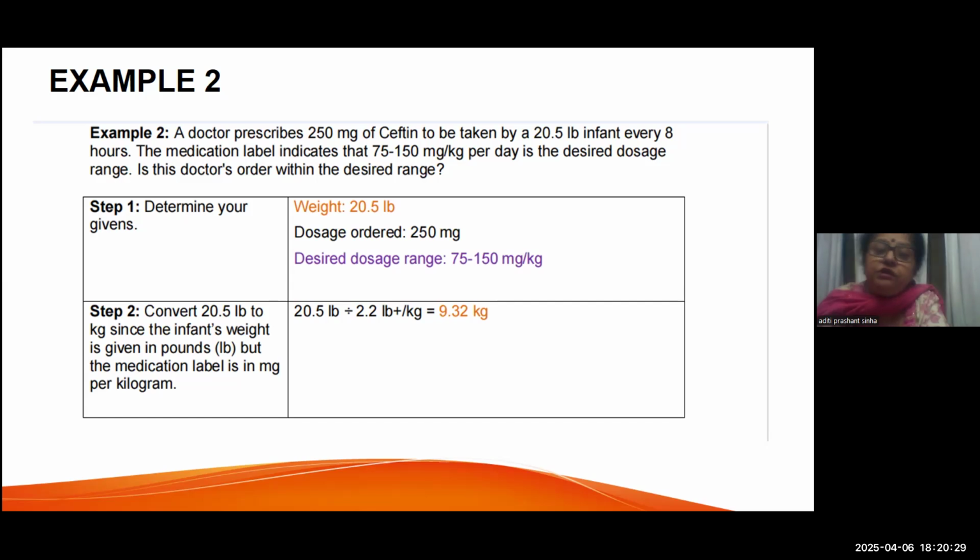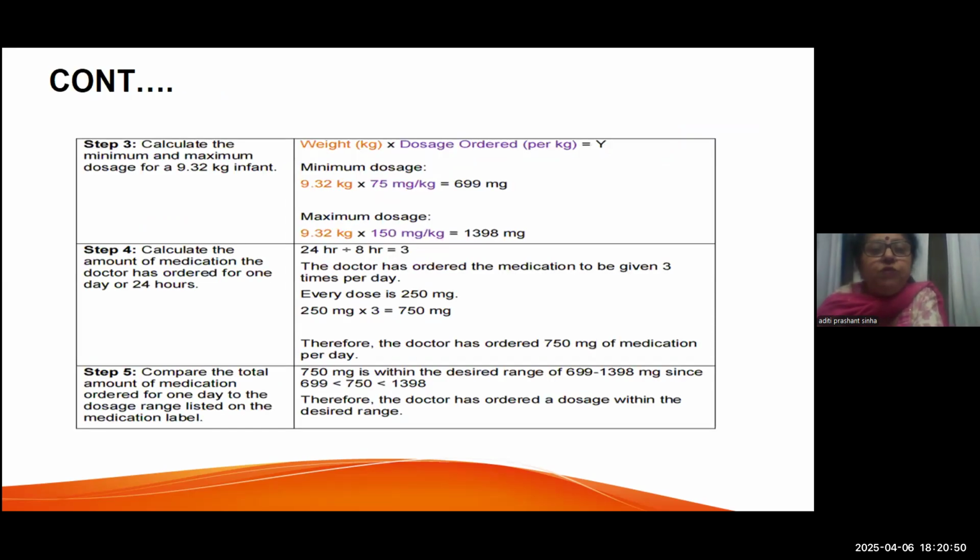Now, how do you get it if the child's weight is 9 kg? So here you have converted this 20.5 pounds to kg, which is divided by 2.2, and you get 9.32 kg as the weight of the baby. Now, if you have a baby who is 9.32 kg, what I am going to do again, you have to multiply it with the dosage ordered, which is equal to 699 mg. So now I know the maximum dosage which is to be given, minimum was, because here, if you look at this question,